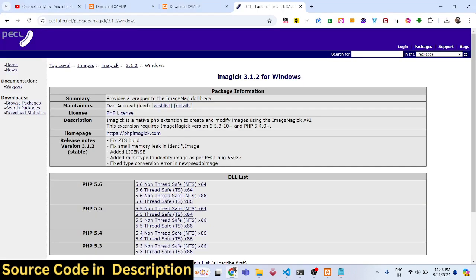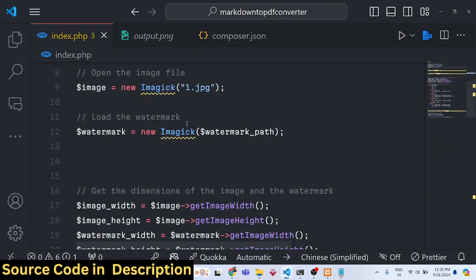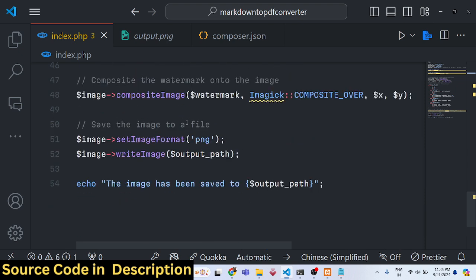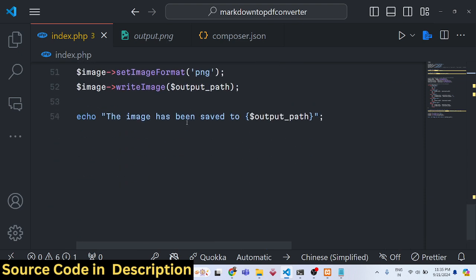So in this way you can use the ImageMagick extension in PHP to actually add watermarks. You can convert images from one format to another. You can resize and crop images as well. But in this example, we looked at how to add